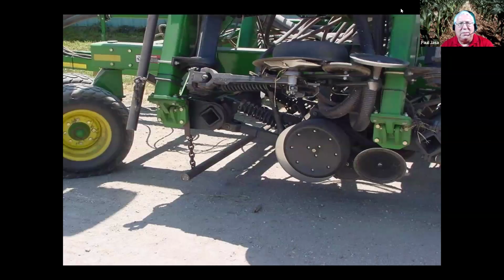Another producer in Kansas I met, he plants no-till into sunflower stalks. He put lean bars on his air seeder here, and you'll notice if you look close, it's actually filled with concrete just to make sure it's heavy enough to lean that sunflower stalk over. And a lot of people say, well, I can go out there and do a roller operation or a vertical tillage operation, knock that residue down. No, I want to knock it down when I'm